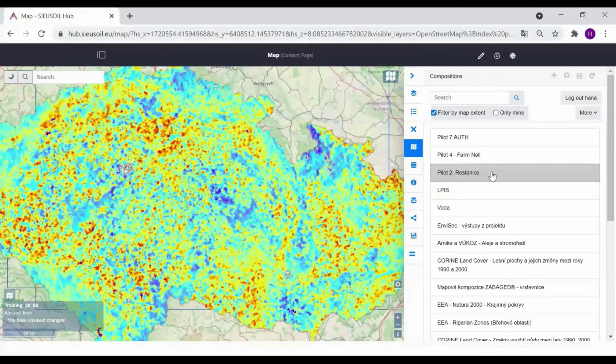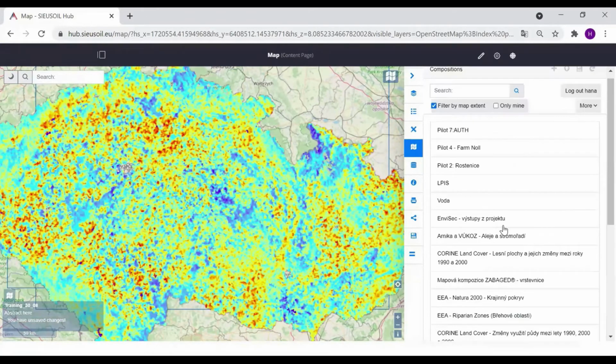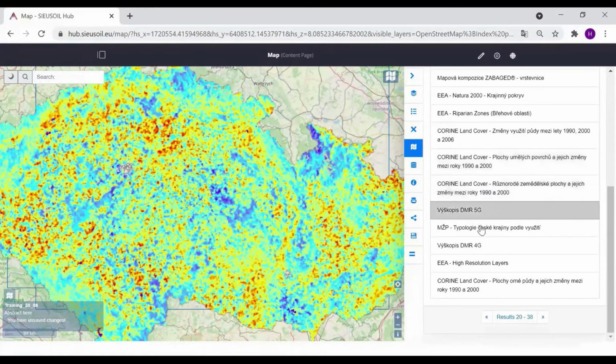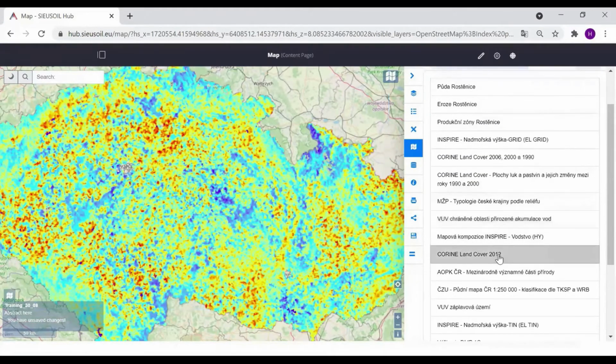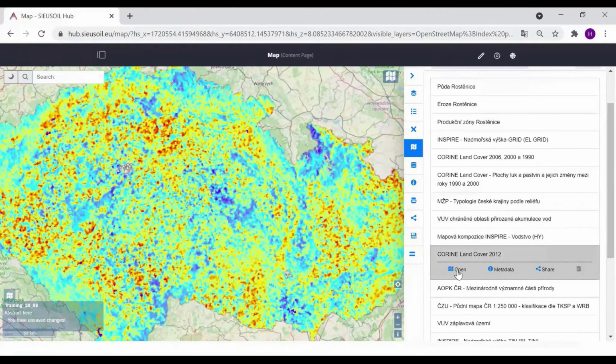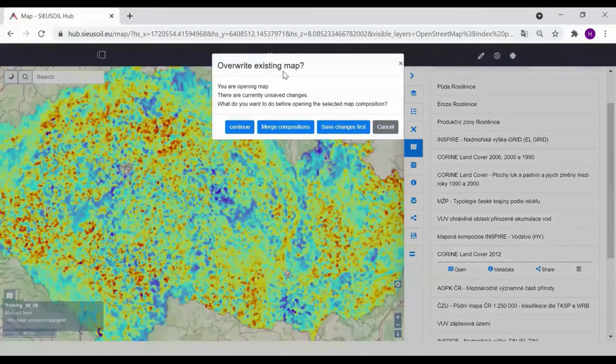And I want to show you a few more options, which is the possibility to merge compositions. So here is the composition that we've created, and we can, for example, add another composition from the list of available compositions. So I will, for example, add a Korean land cover, and here is a question if you want to override existing map.